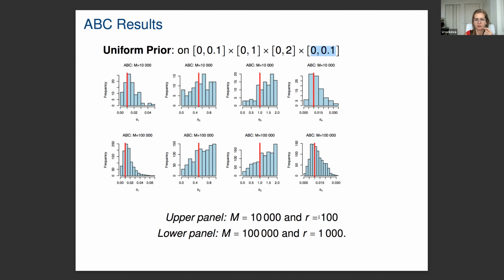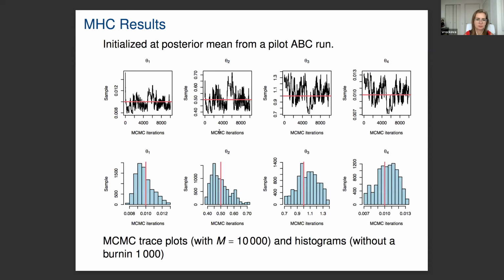Okay, so the upper panel has the top 100 samples out of 10,000. The second panel is the top 1,000 samples out of 100,000. And we are improving learning about theta1 and theta4, but for theta2 and theta3, the summary statistics were probably just not good enough. We could have tried something else, maybe there are other summary statistics that could work. Interestingly, for the Metropolis-Hastings,